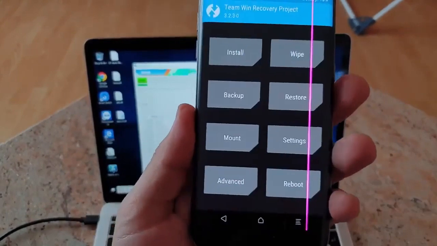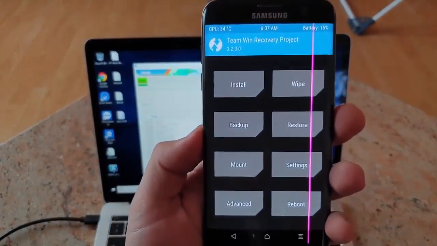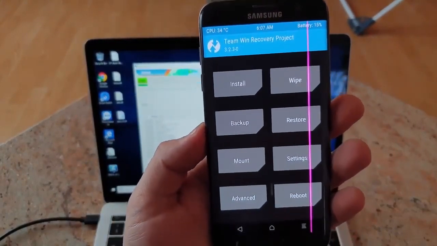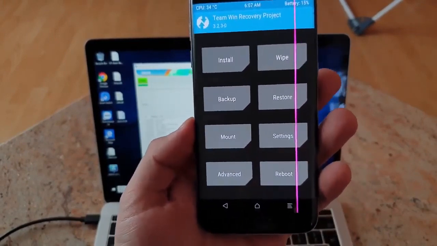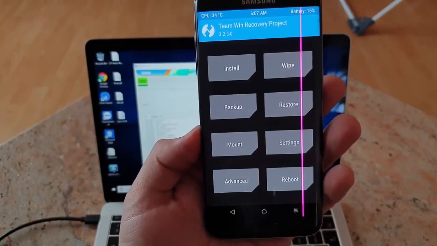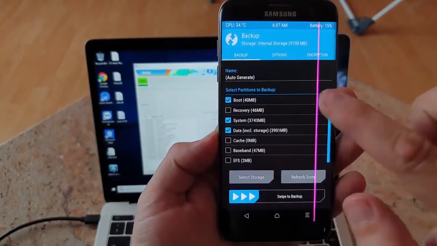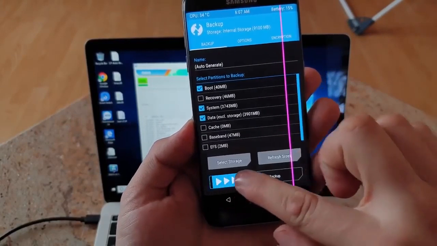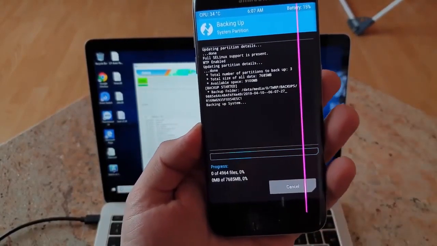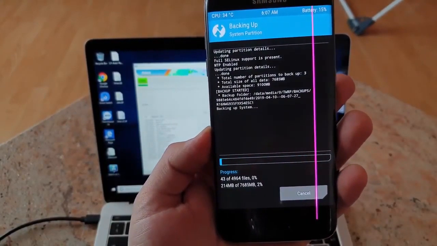Okay, here we are. So this is TeamWin Recovery Project 3.2.3-0. Okay, so that's a very interesting part, and I suggest we make a backup of the system. So swipe to backup. Okay, it might